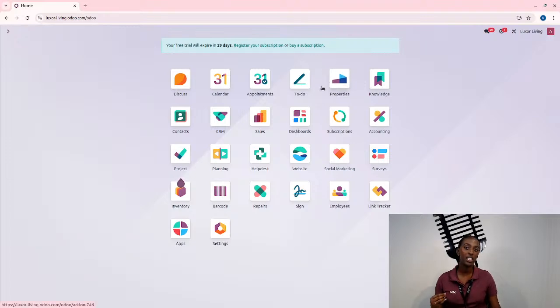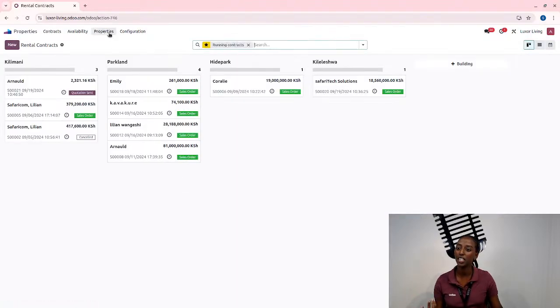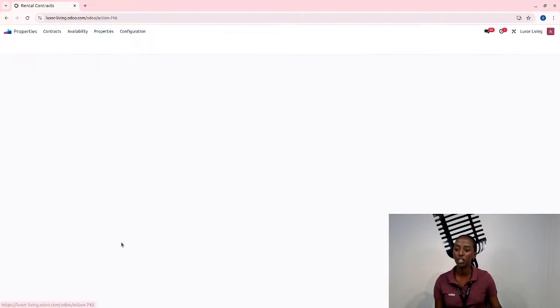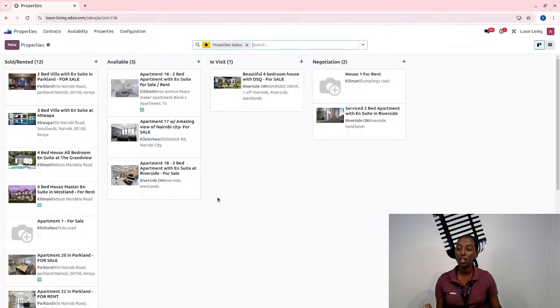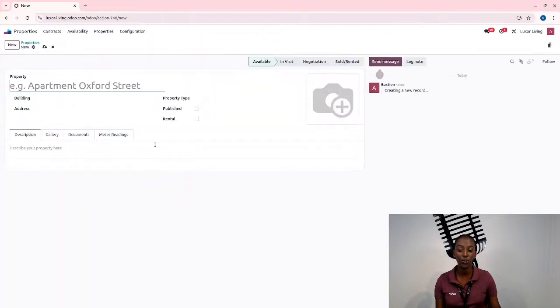One thing you have to keep in mind is that you can't sell or rent a property if it's not yet created in your property module. For this use case, I've already created some, but I can show you where to create it. You open the property app and go on the properties. Once you're on the properties, you can click on new to create a new